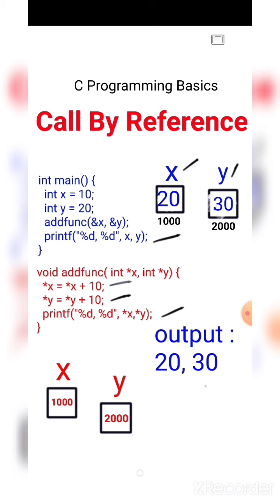Yeah, this is all about call by value and call by reference. If I summarize, in call by value, we are passing the actual value to the formal parameters when we are doing a function call. But in call by reference, we are passing addresses of the values to the formal parameters when we are calling a function, and these addresses are held by pointer variables. So as here we are passing the address of the variable, any changes made to these variables in the function reflect back to the actual variables. Yeah, this is it.